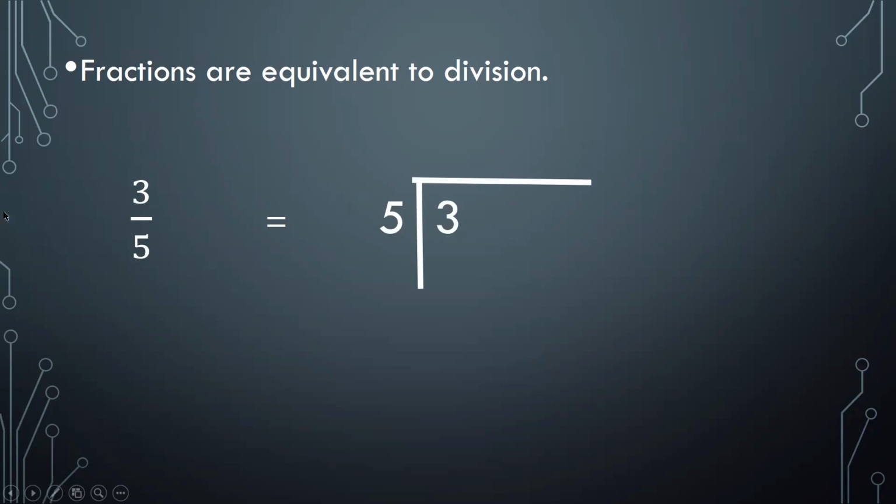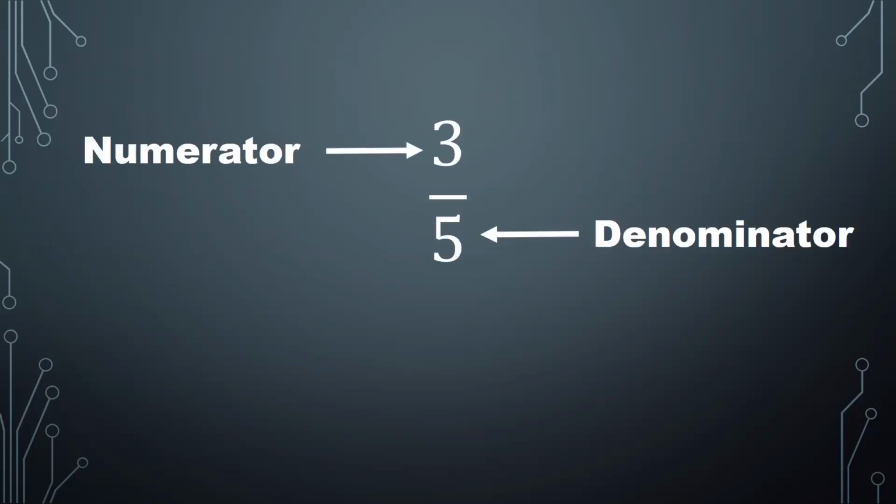Here you can see I have given a simple example of how it comes. This 3 is what we get inside, and then this line is just like the division mark we use. This is very important for you all to simplify your equations or simplify fractions, or even to do any calculation: have a clear idea that fractions are just like division. In a fraction, we have two parts. The top one is the numerator, and the bottom one, the one below the line, is your denominator. And the middle line is just like the division mark.